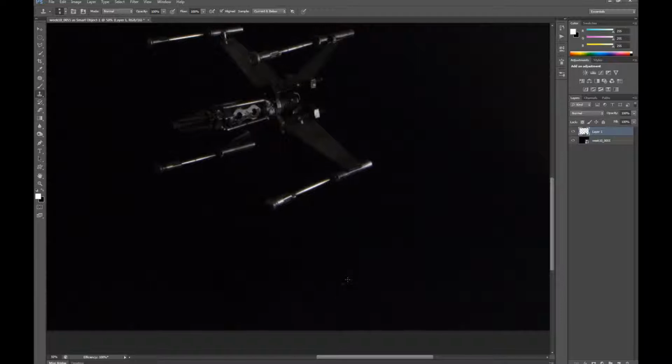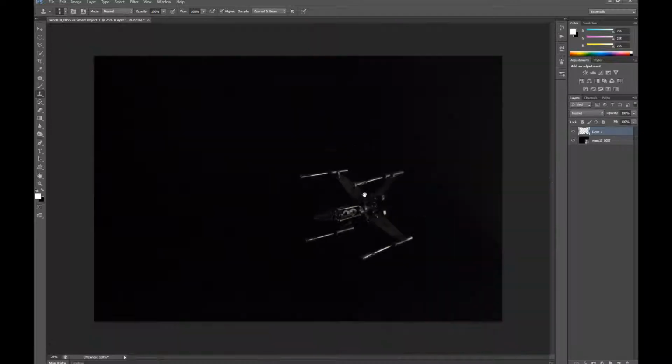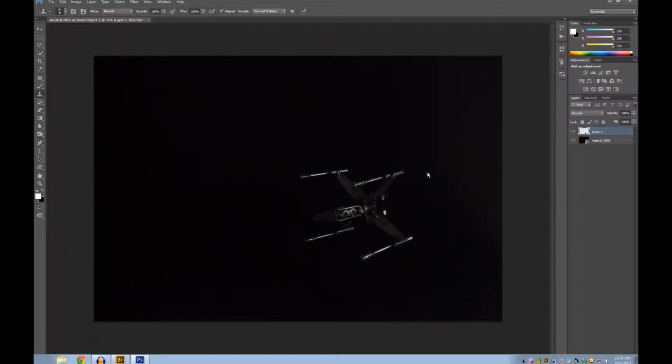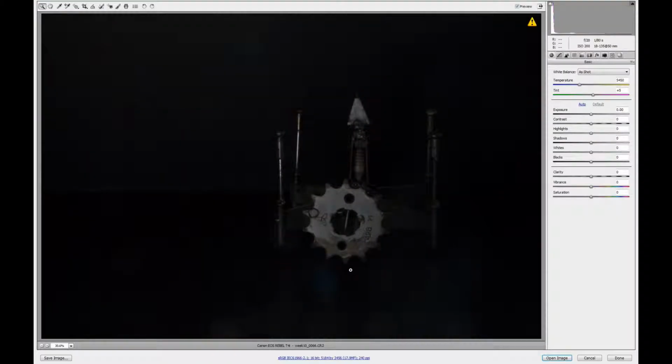Okay. Next thing I want to do is, I think that looks good for now. So I think what I want to do is bring in our little planet. Let's go into regular Bridge, and this is the image I wanted to pick up. Okay, so I'm going to open that up inside Camera Raw, and